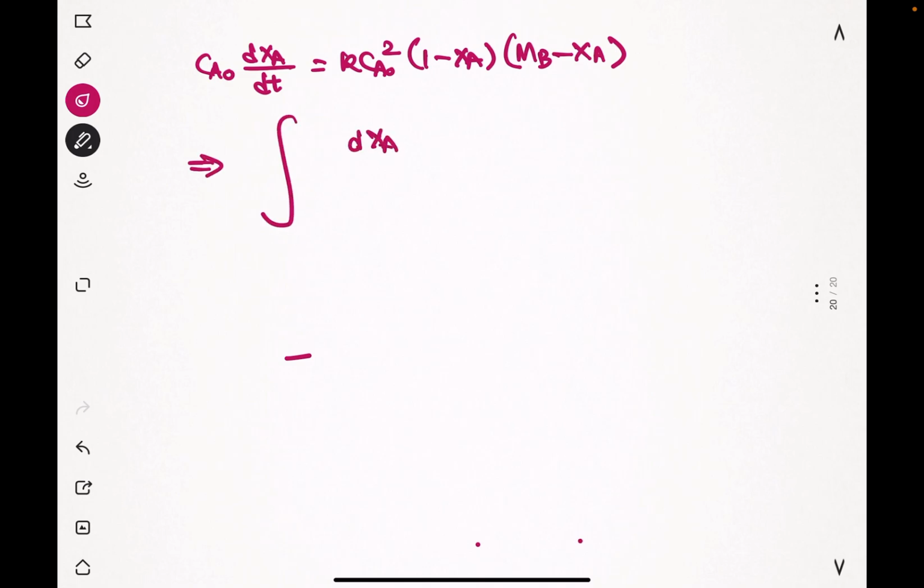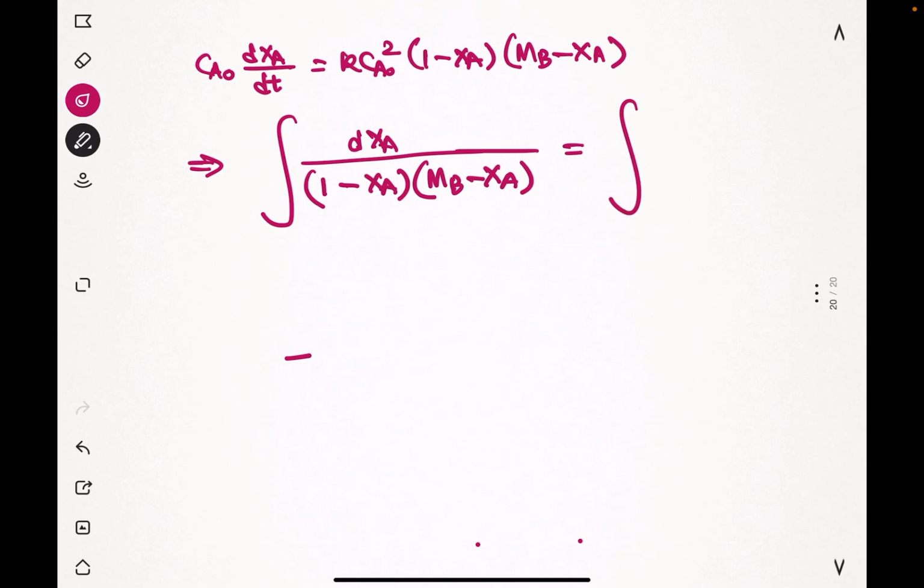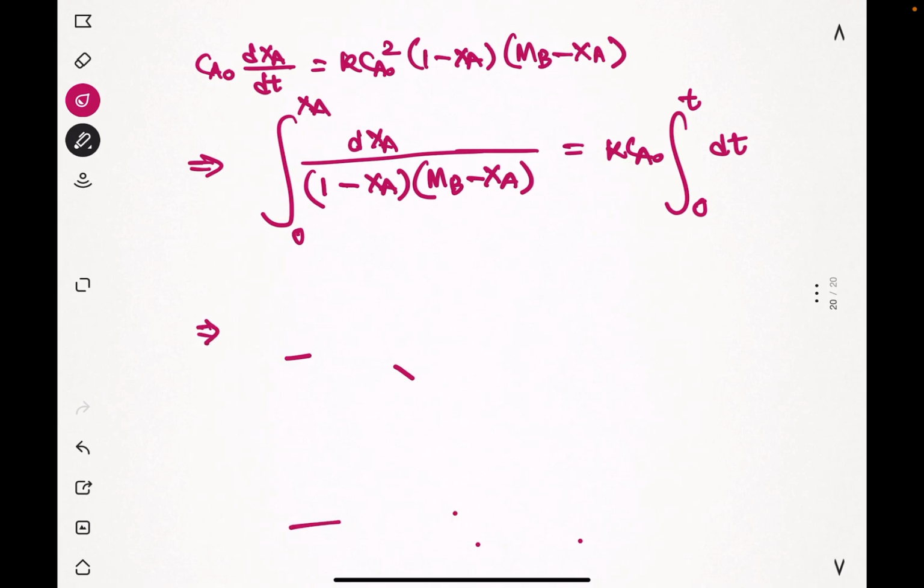So we bring all the XA terms on one side, and the limits are for time 0 conversion is 0, for time t conversion is XA. If we integrate this we get